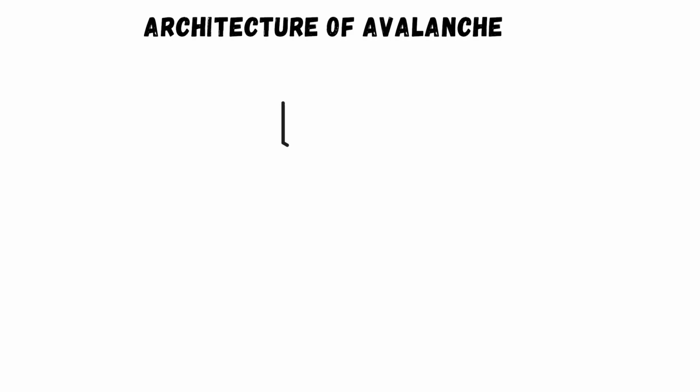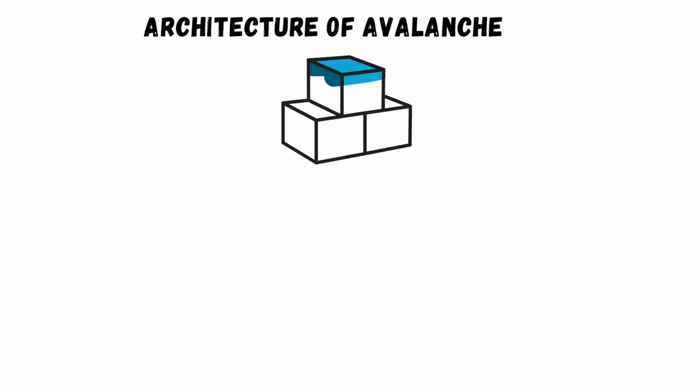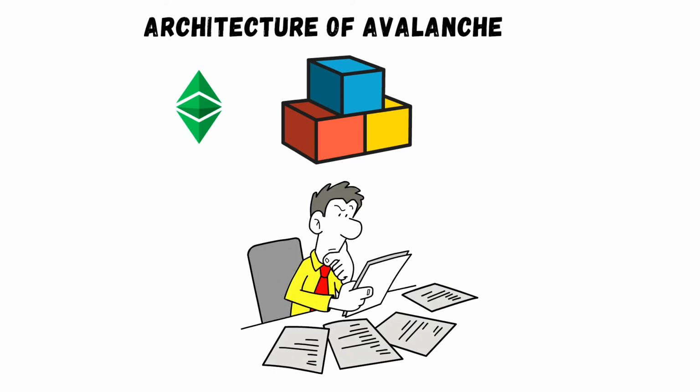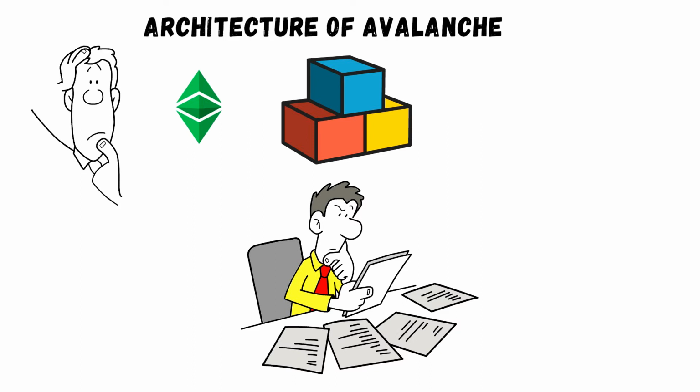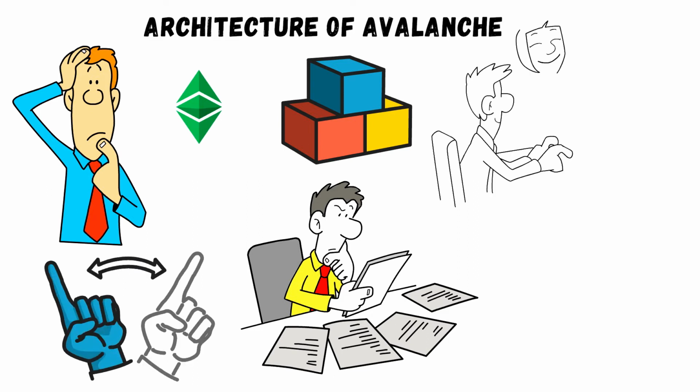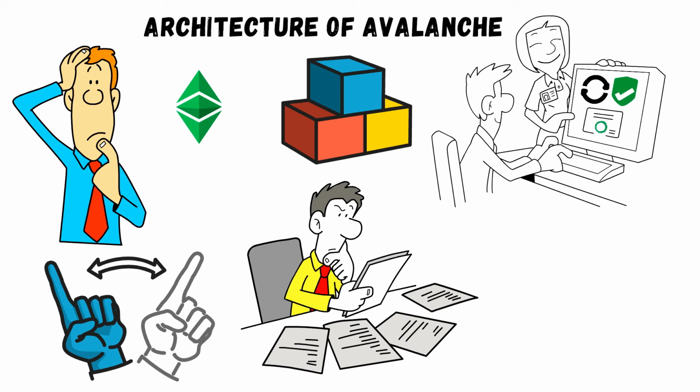Architecture of Avalanche. Another milestone was achieved by Avalanche when it introduced a 3-layer structure. When Ethereum introduced its Layer 2 scaling solution, crypto users were skeptical of the change as the data was taken away from the main chain. Also, that transaction was super complex and gave the blockchain an entirely new approach. But this was not the case with Avalanche. It's still a Layer 1 protocol, but it has achieved scalability and security similar to Layer 2 solutions.